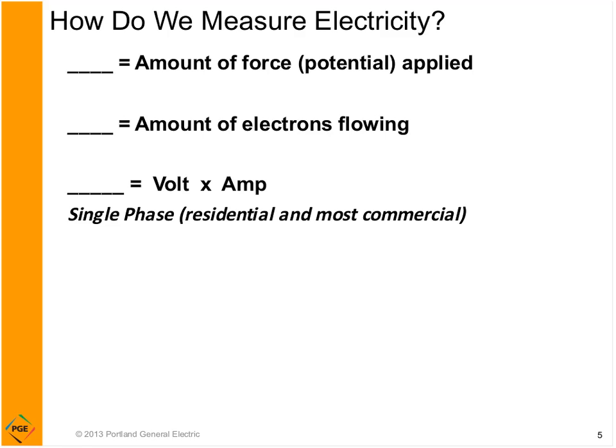If the same thing happens in the electric business and everybody in a certain area fires up their motors and all their equipment at once, you could have a low voltage problem. So volt is the first dimension of electricity. It's the amount of force or potential applied. The equivalent in the water system would be pounds per square inch. The pressure in the system has to be high enough to run all the equipment and things hooked up to